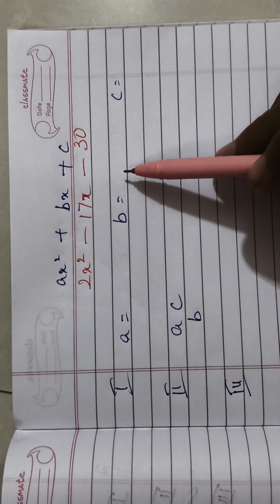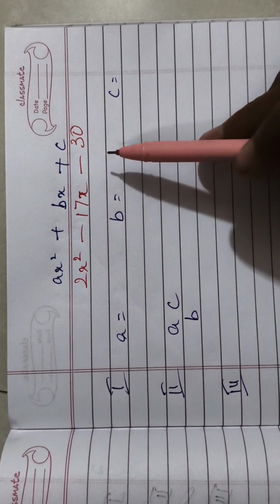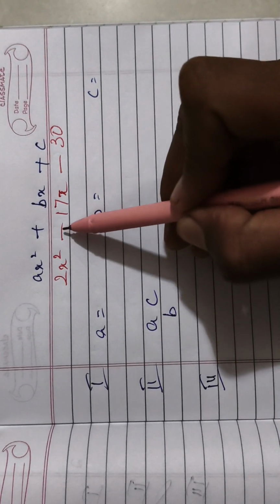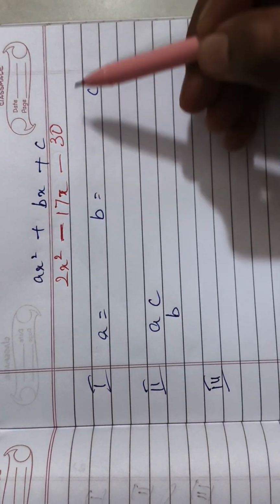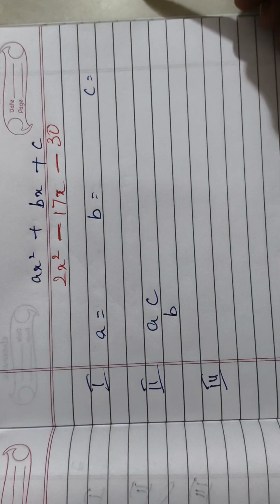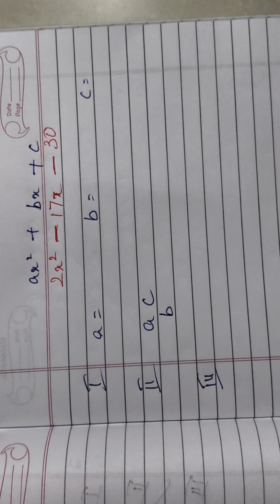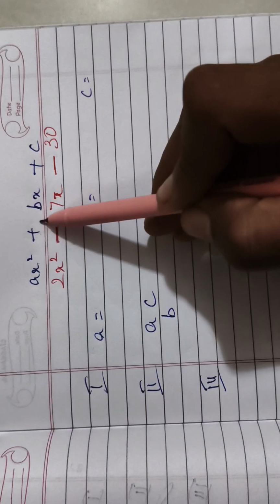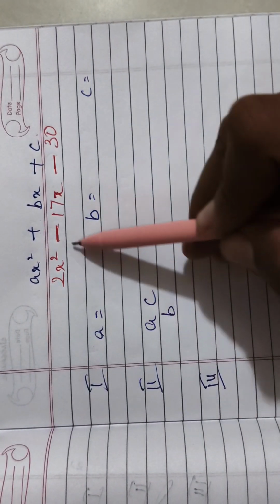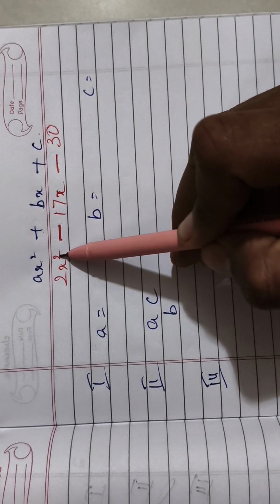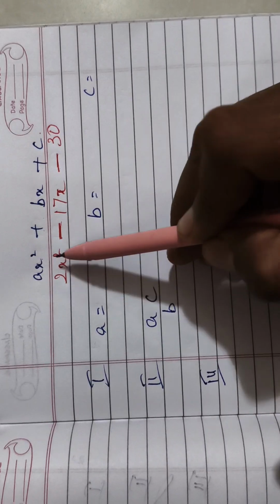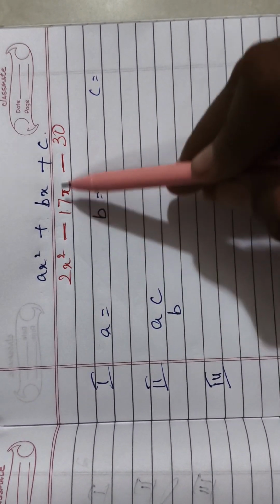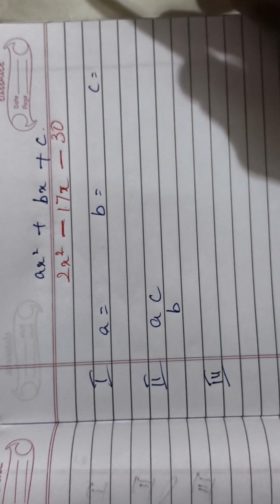So here is another example of a quadratic trinomial and factorization by middle term splitting. I have deliberately taken numbers where there is a minus in the expression. Okay, so let's start with it. We understand this is in the format of ax square plus bx plus c. You can see there is a square, meaning the power is 2. It is a quadratic expression and there are 3 terms, 1, 2, 3. So it is a quadratic trinomial.